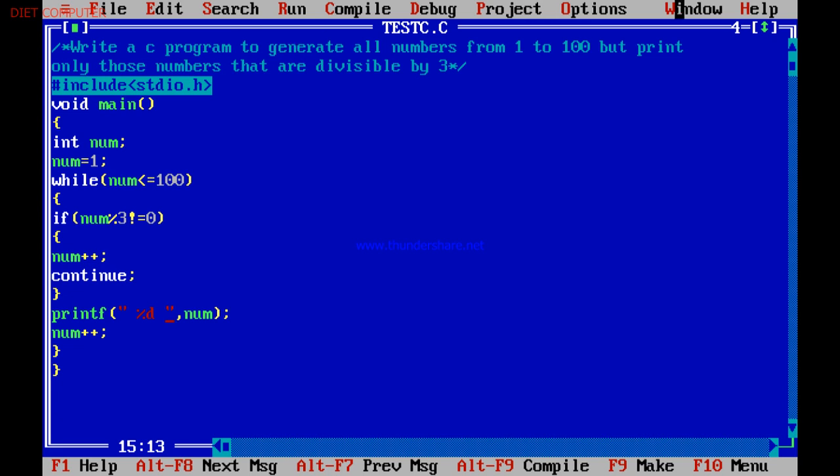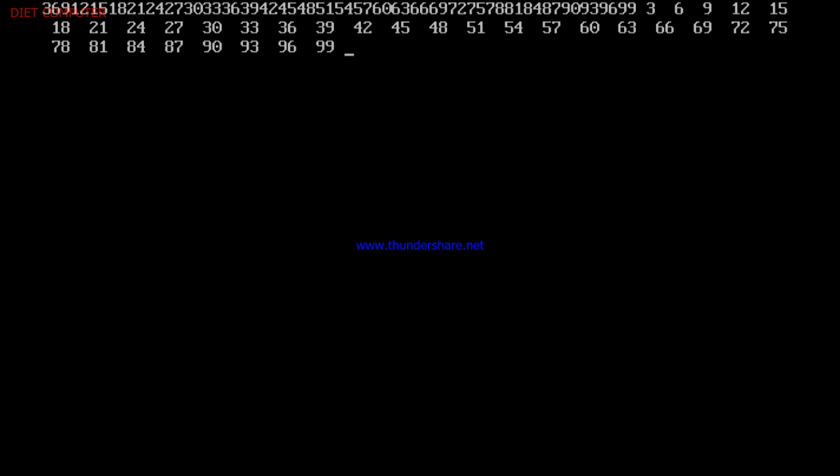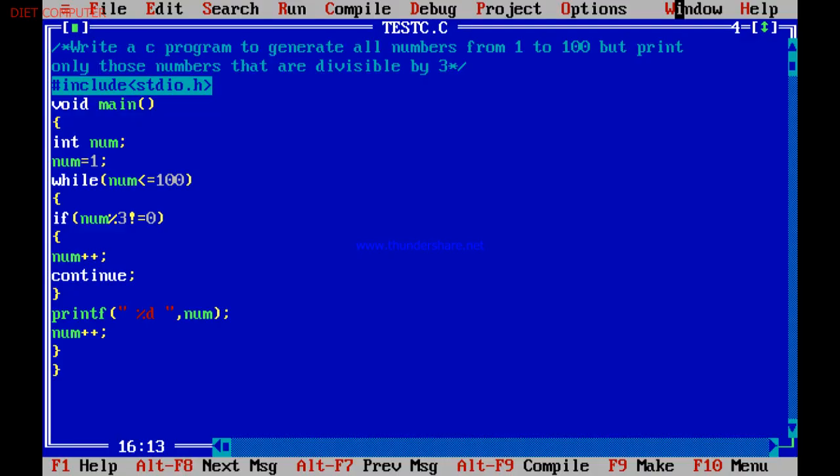Now I have entered into the fourth phase, and then I have to click on window menu and then click on user screen command. You can see now the output is separated by using blank spaces, and all the numbers are separate from each other, and the numbers that have been displayed in the screen are divisible by 3. But you can see that all the numbers from 1 to 100 are being generated, but only those numbers are being printed that are divisible